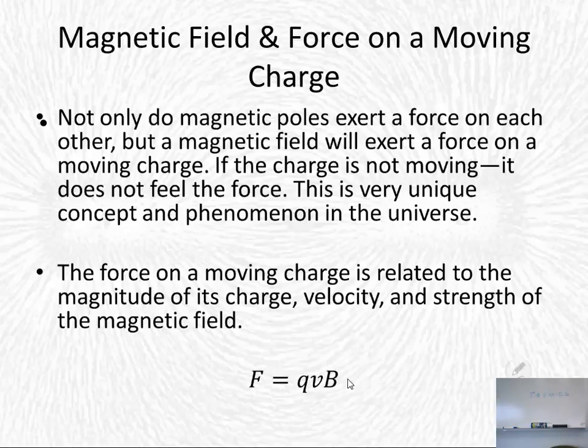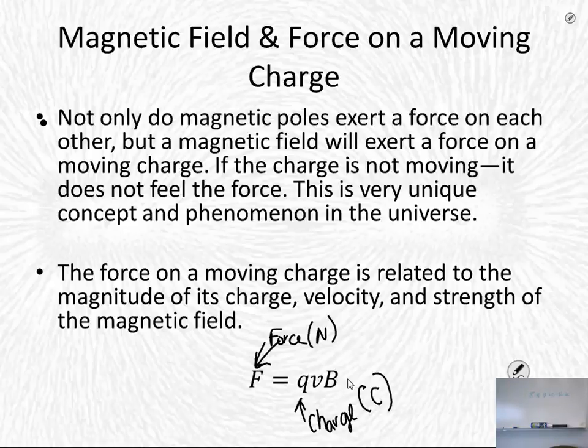So F is our force, measured in newtons. Q is going to be our charge, measured in coulombs, capital C. V is our velocity. So how fast is that charge moving? And B is our magnetic field,